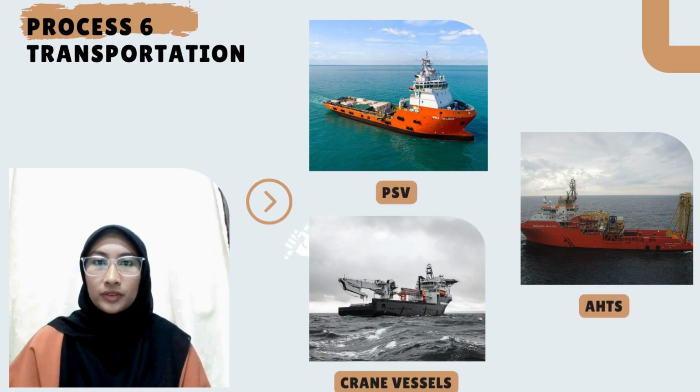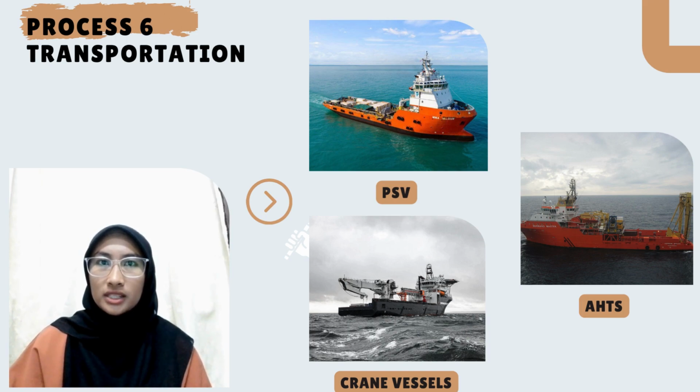Process 6 is about the vessels that carry offshore installation materials. The first one is a platform supply vessel (PSV). This vessel is specifically intended to provide supplies to offshore oil and gas platforms and other offshore installations. The majority of this vessel's principal job is logistical assistance and transporting of products, materials, equipment and persons to and from their destination. For instance, it can carry bulk materials such as cement, barite and bentonite, which are essential for